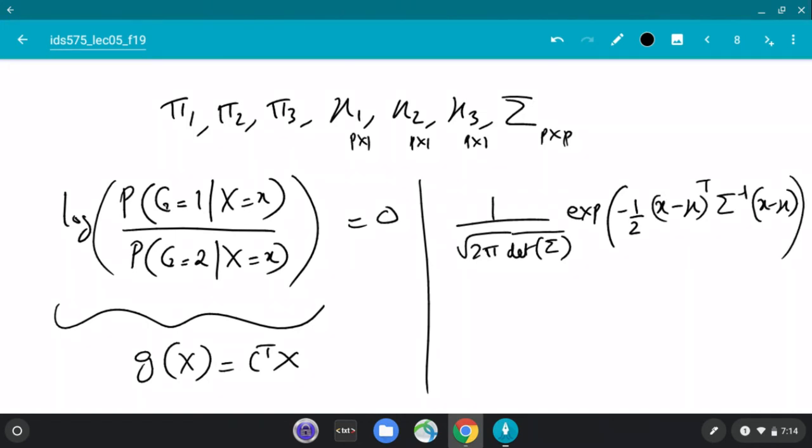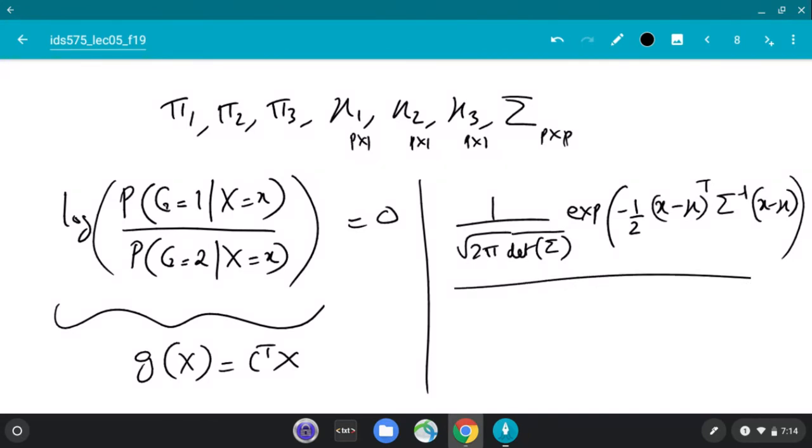So this is the expression. You can specialize this to the one dimensional case, right? If it's one dimension, the covariance is the variance. If it's one number, then the determinant is just that number itself, and there will be sigma under the square root, and sigma inverse will be 1 by sigma square. So 1 by 2 sigma square, x minus mu square. So you can always at least see that it works in one dimension.